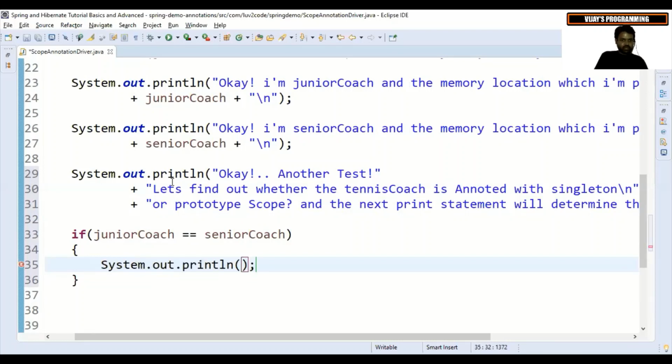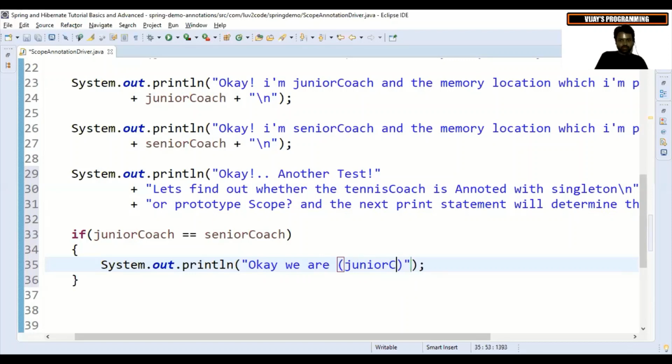SYSO, control space. So what is the text? That is, junior and senior coach,